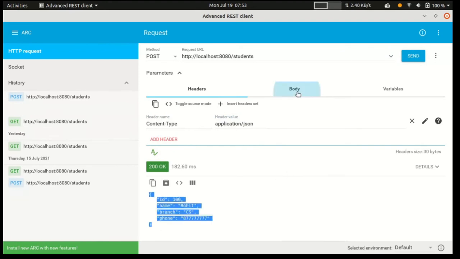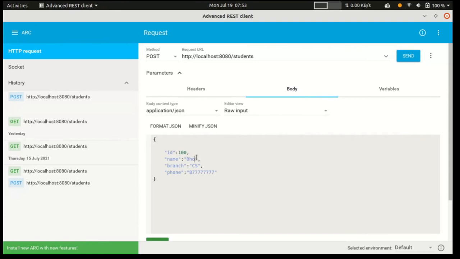Let's add one more data, with ID as 121, and click. Add one more data and save. Now the data is saved.